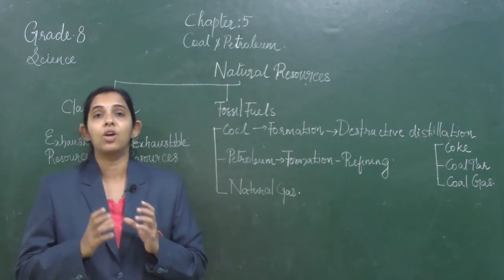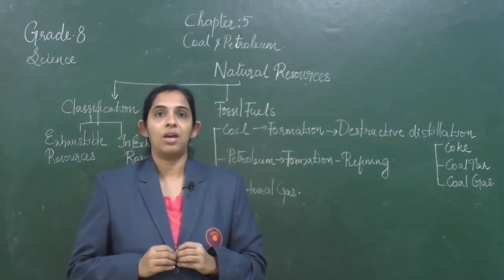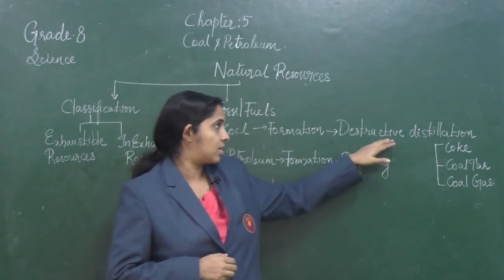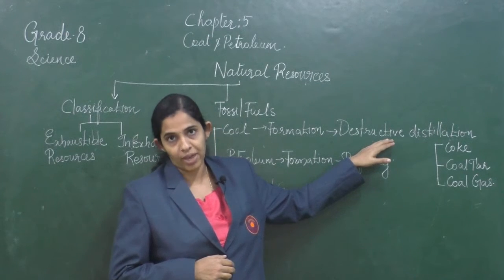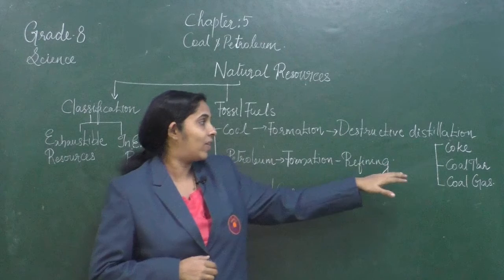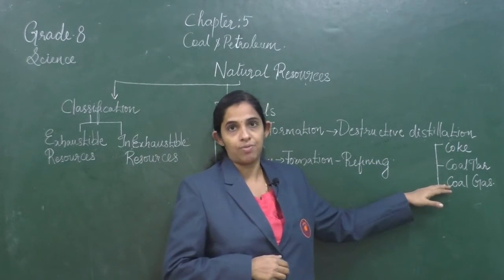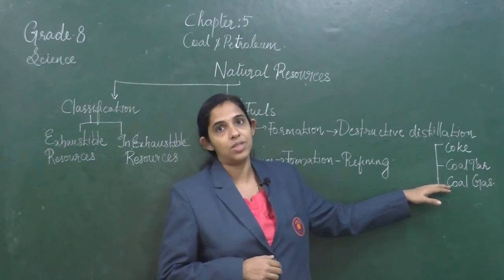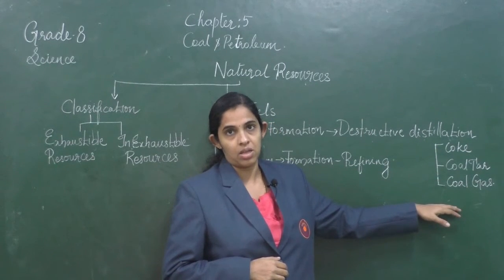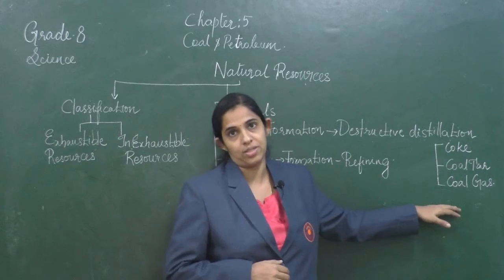Coal consists of different components. The components in coal we can separate using the method of destructive distillation, that is, heating in the absence of air. On destructive distillation of coal, we will get mainly three products. We have seen it during the interactive sessions, that is coke, coal tar and coal gas. We have also discussed their uses.